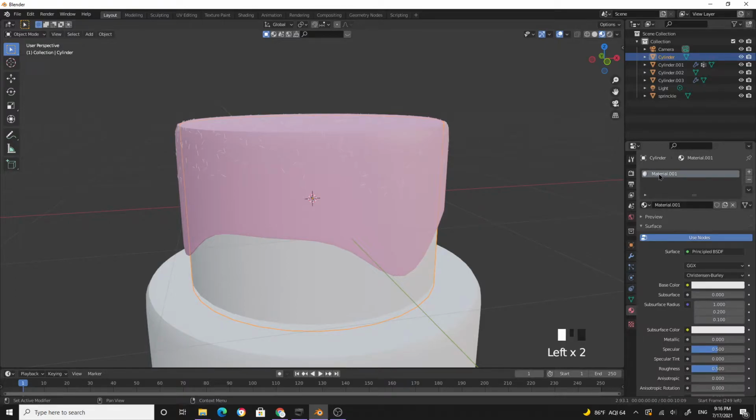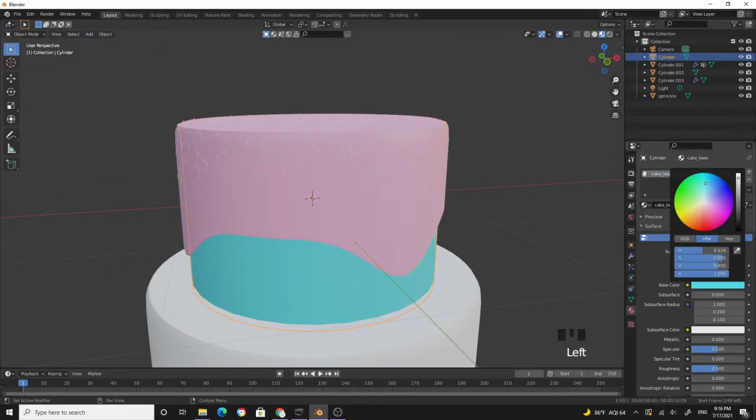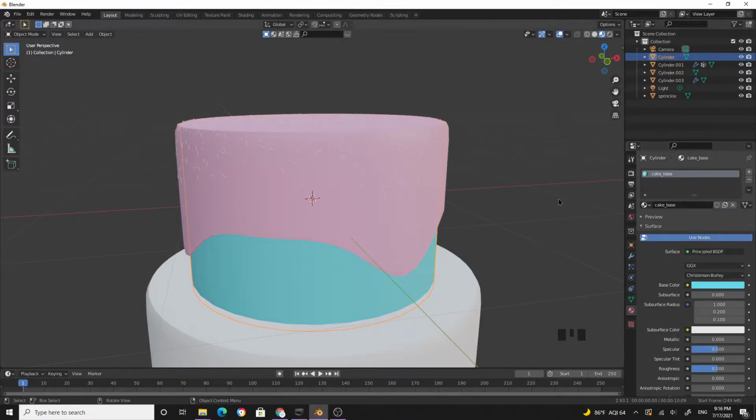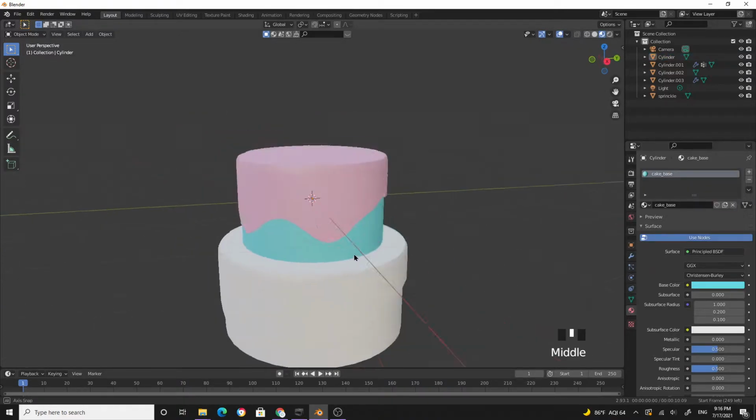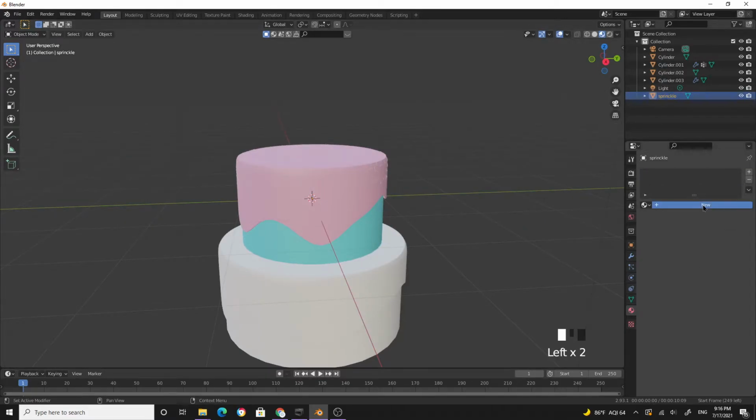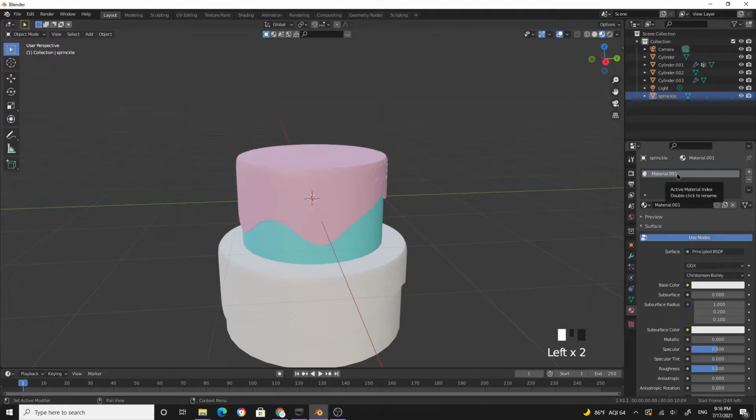Select this cake, I will call it cake base, and assign a nice looking light blue color there. Now select your particle and create a new material. Rename this one as sprinkle,